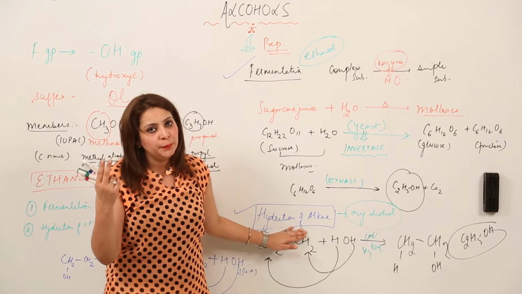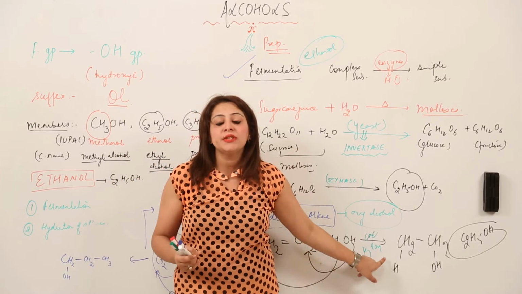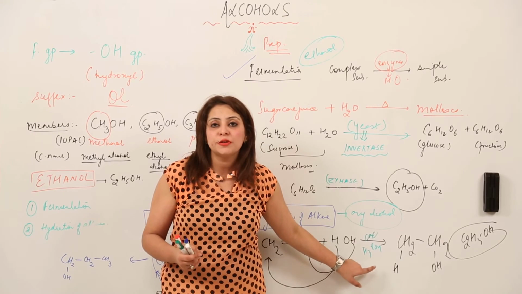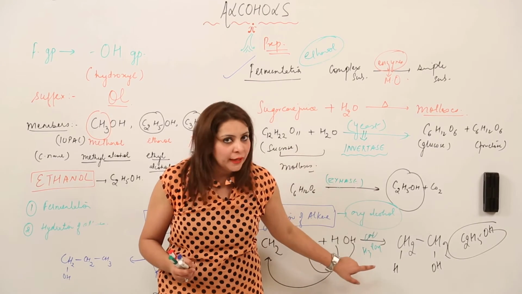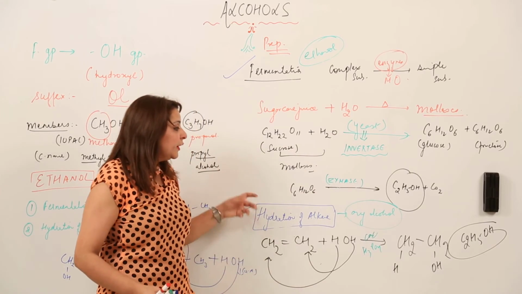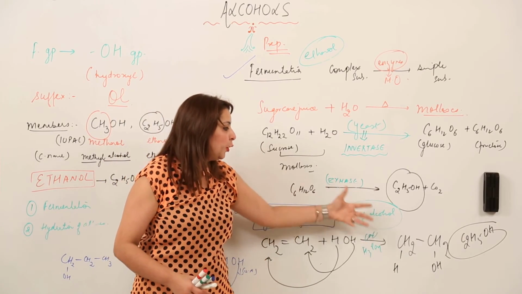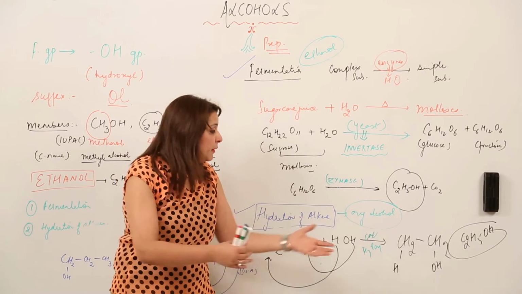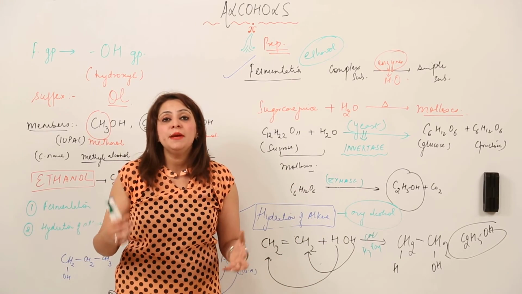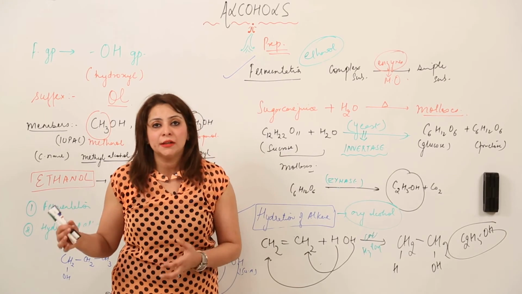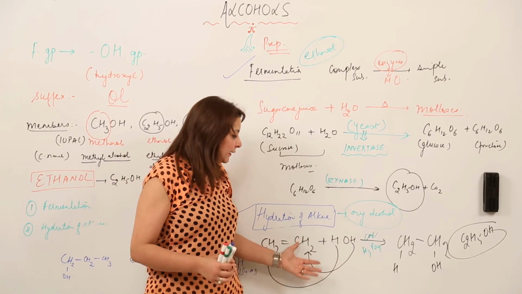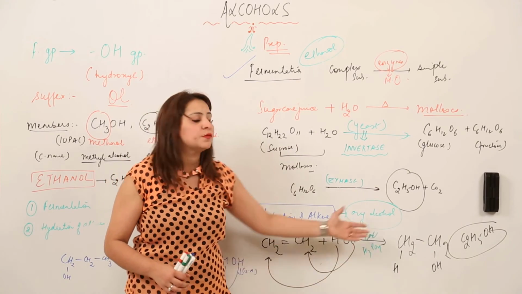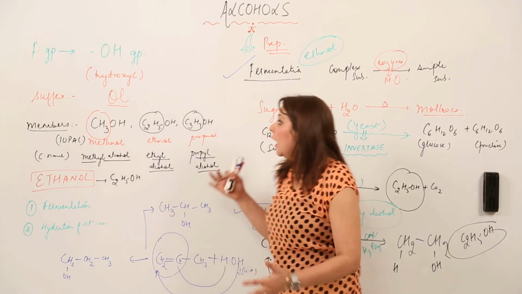Two points you have to keep in mind. One is that you need to take a strong acid, because in the presence of concentrated acid the reaction is going to take place, otherwise the reaction is not going to take place. The second point is that if you wish to prepare methanol, propanol, butanol, hexanol, any member, you need to take the same member of the alkene, meaning the one which has the same number of carbon atoms in it. And what we are doing in this is adding water, which is a type of addition reaction, and this forms the desired product. So this is how we do